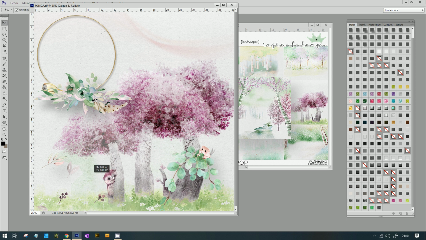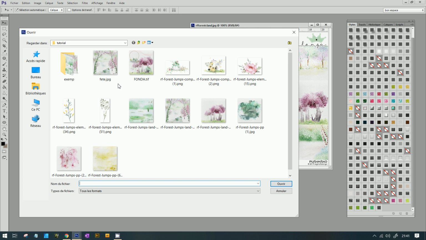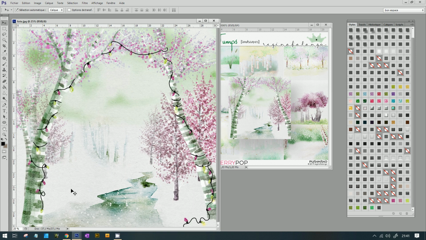Just cut them. You can draw what you want in the scene. Voilà. The animals had a party last night. I draw a little light.